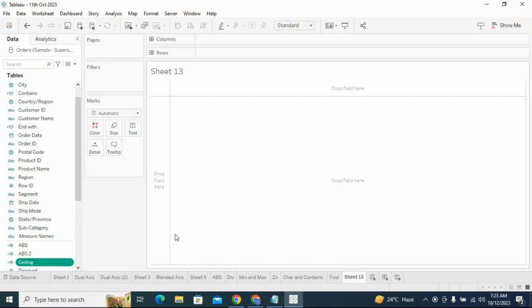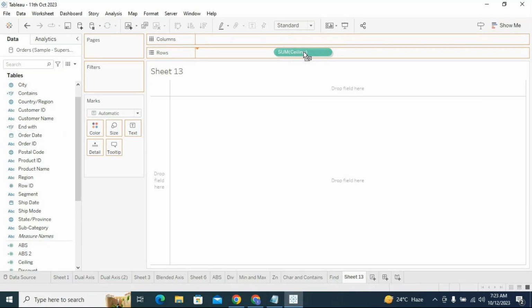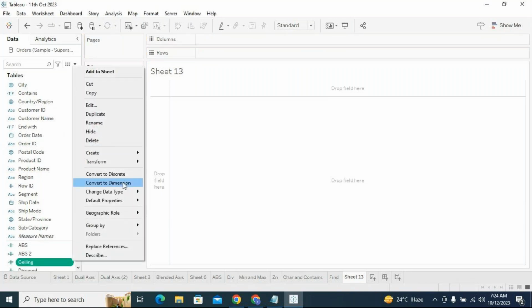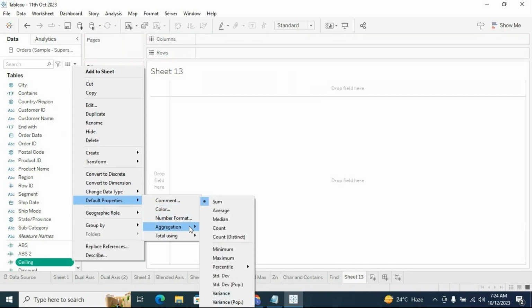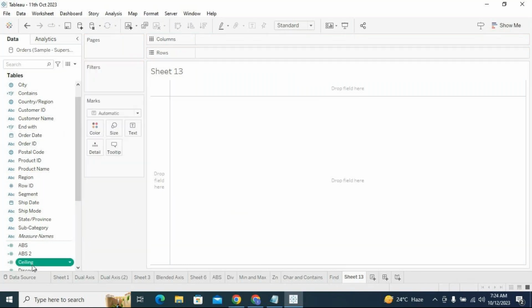If I drag this to the report, what happens? Some value of all the ceiling values for all the underlying records will be shown. We don't want that, so let me go for the default properties,